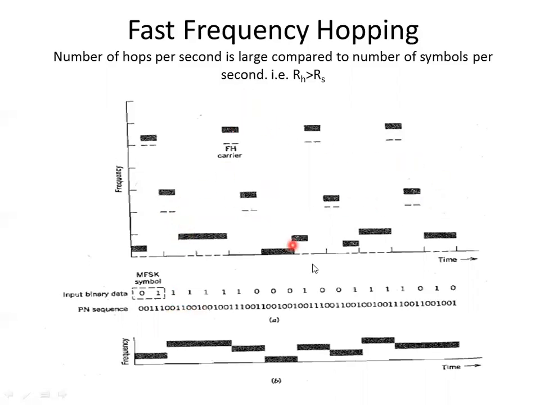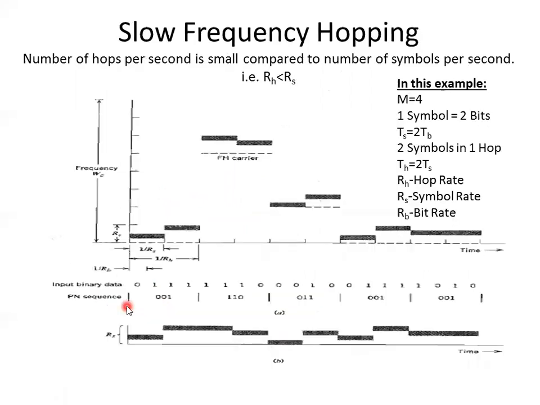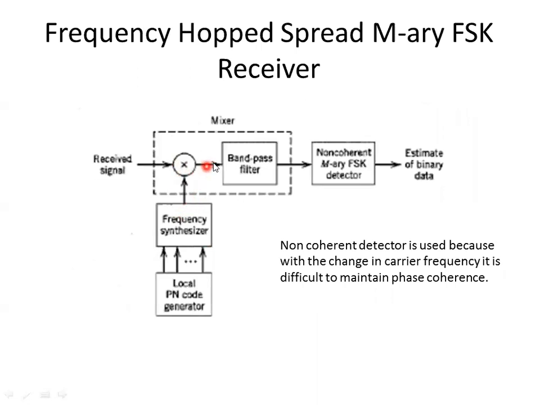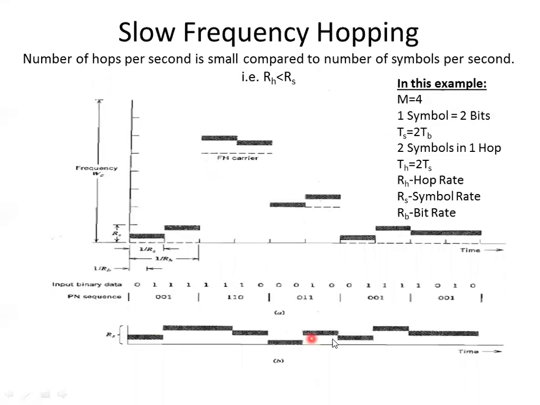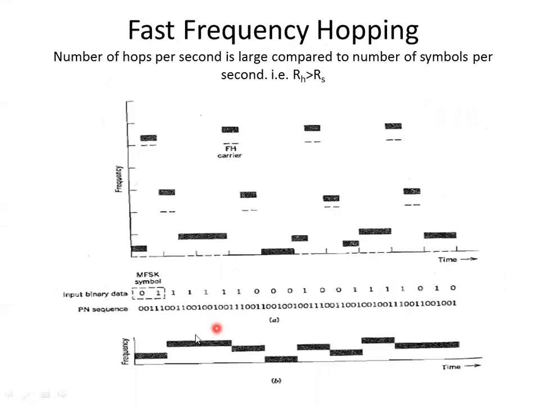Okay, so this is an example of fast frequency hopping. Along with this, we have also shown the de-hopped spectrum. What is the de-hopped spectrum? We merge all these F1 to F8 hoppings into only one band, which has only 4 frequencies. Why 4 here? This corresponds to 4-ary FSK. So this is the result of de-hopping. That means at this point, I'm looking at the receiver, and we'll get this. Similarly, this is the de-hopped spectrum in case of fast frequency hopping.